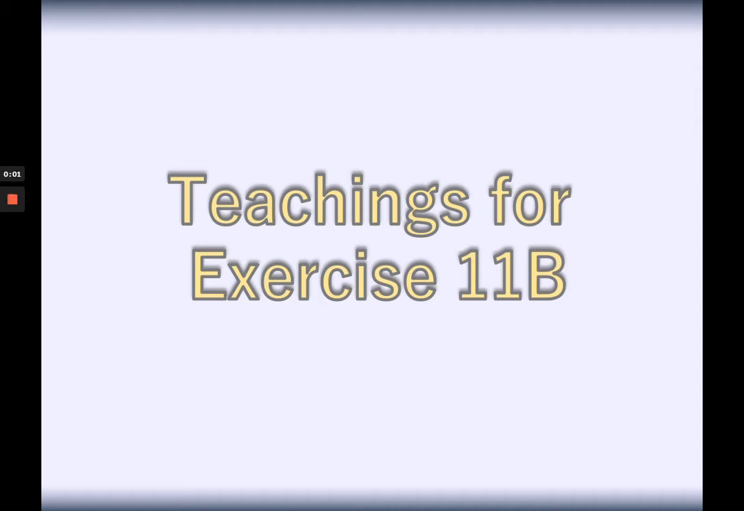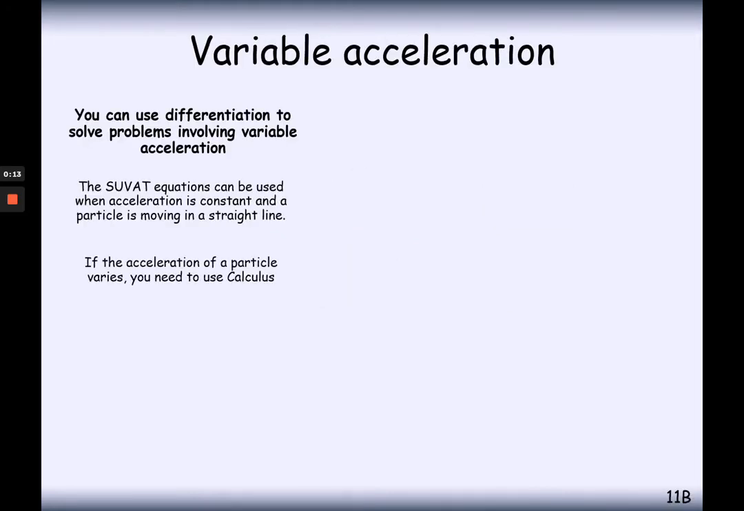Okay, so we have a quick run through of the work for exercise 11b from the Pearson Applied 1 textbook. This is about variable acceleration using calculus. If we use SUVAT equations for constant acceleration, sometimes your acceleration varies with time, in which case we use some